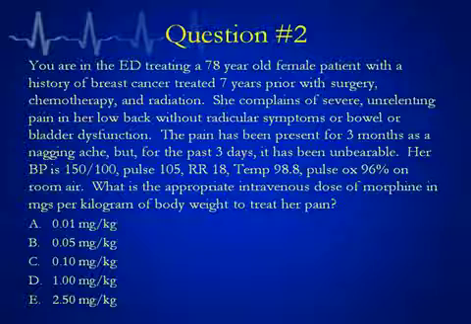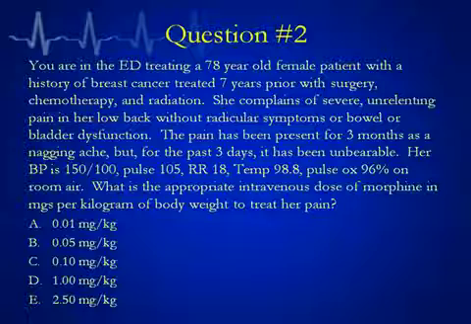Question number 2. You're in the ED treating a 78-year-old female patient with a history of breast cancer treated 7 years ago with surgery, chemotherapy, and radiation. She complains of severe, unrelenting pain in her low back without radicular symptoms or bowel or bladder dysfunction. The pain's been present for 3 months as a nagging ache. However, for the past 3 days, it's been unbearable. Her blood pressure is 150 over 100, pulse is 105, respiration's 18, temperature's 98.8, and her pulse ox is 96%